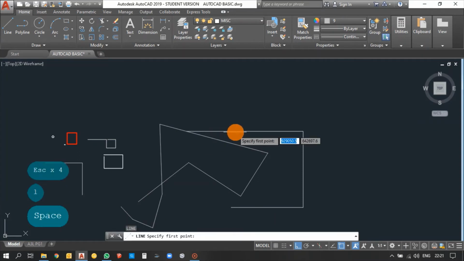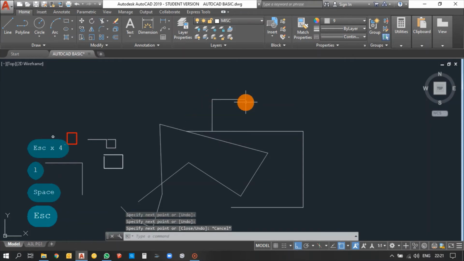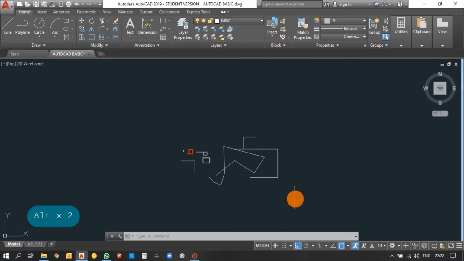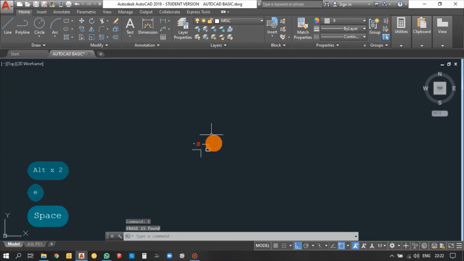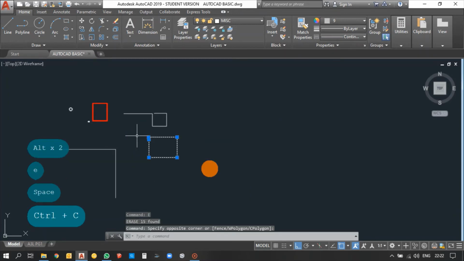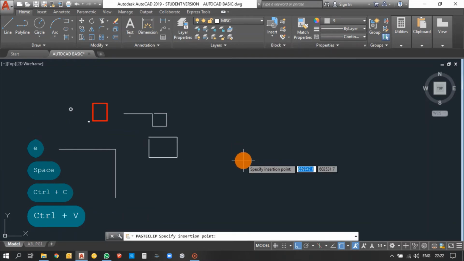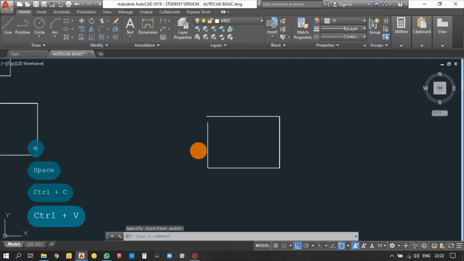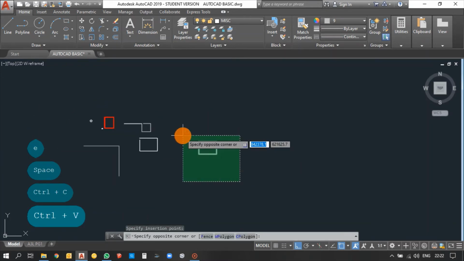So if you select a command, you can just see it is a midpoint. You can easily track it. And next thing is you want to delete objects. Select objects, go for E, enter. And you want to copy paste, so Control C, Control V will work here. You can use it, copy paste.